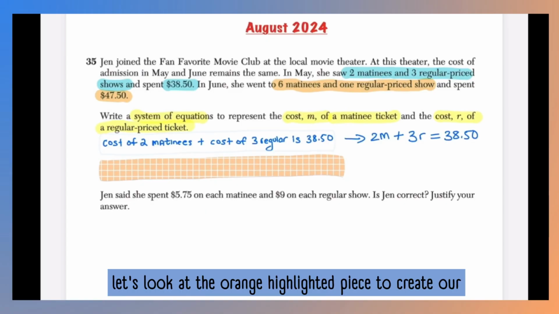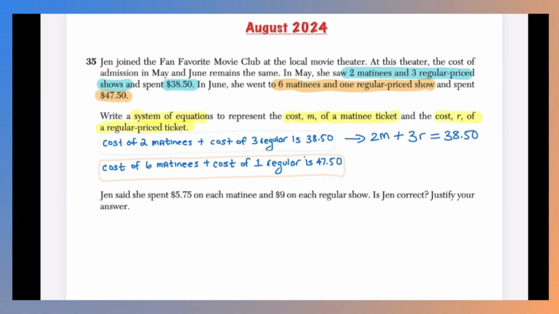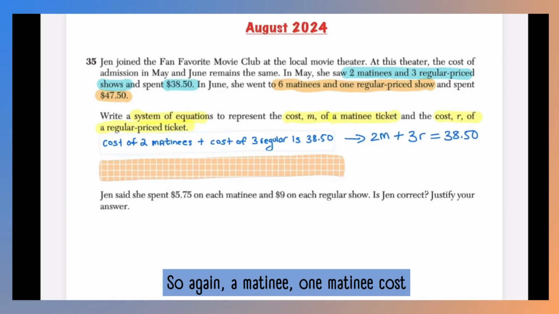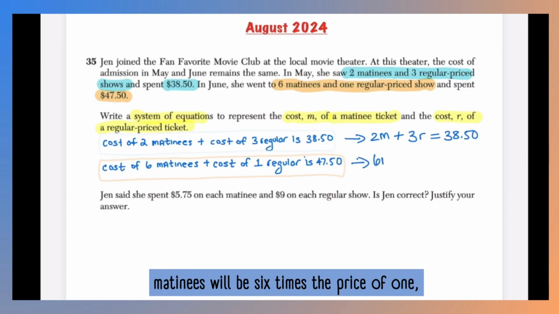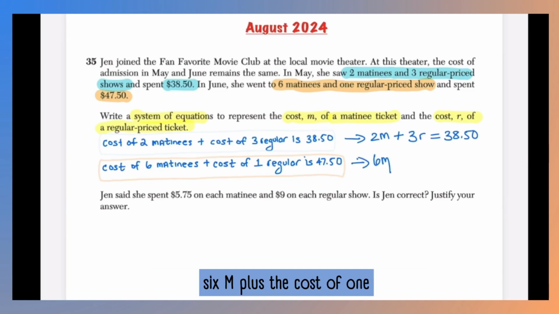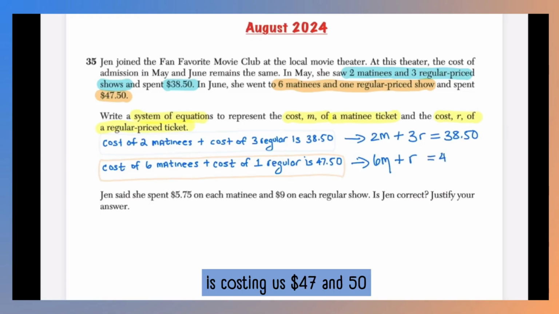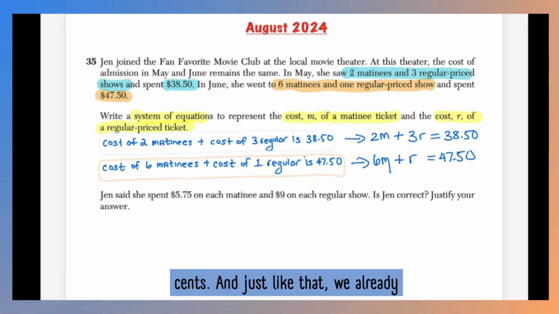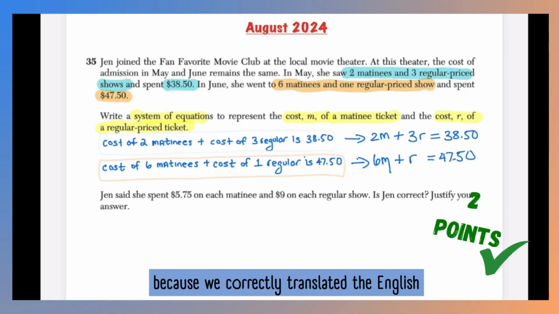Now let's look at the orange highlighted piece to create our second equation. The cost of 6 matinees. So again, one matinee cost is represented by M. So 6 matinees will be 6 times the price of 1, 6M. Plus the cost of 1 regular ticket. So that's R or just 1R, either or. And that altogether is costing us $47.50. And just like that, we already have 2 points on this question because we correctly translated the English into